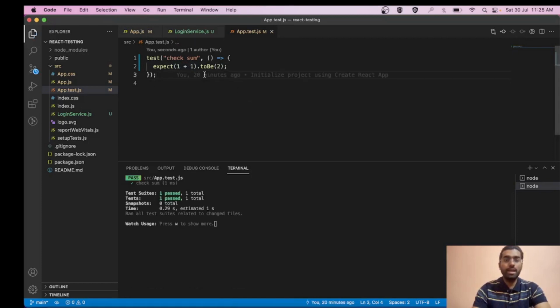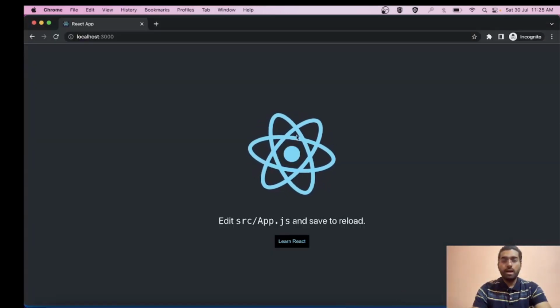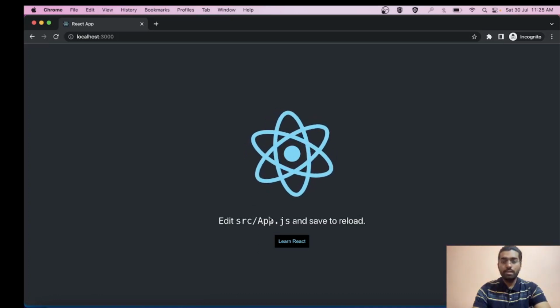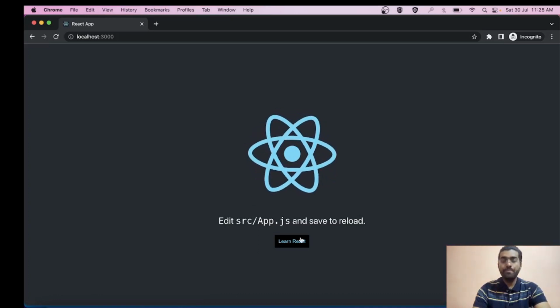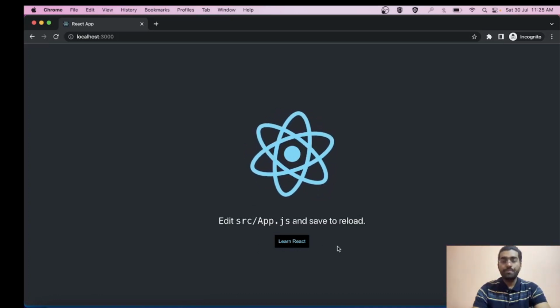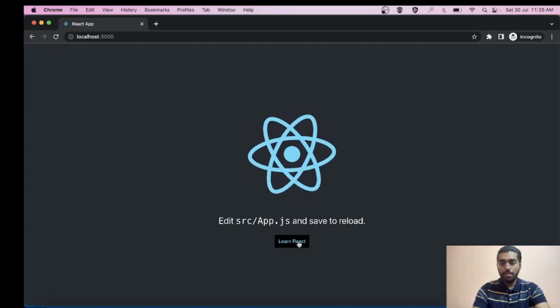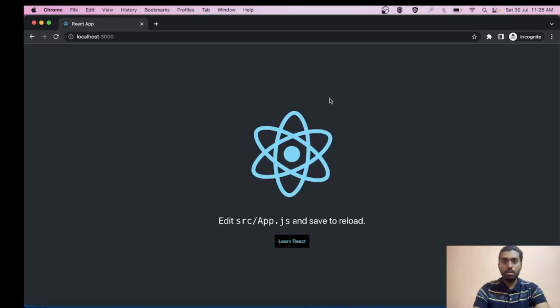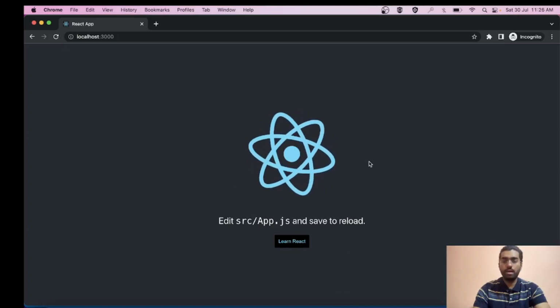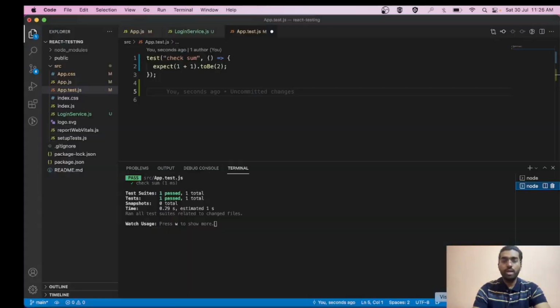Let's try writing another test. I have also run this code. Let's first check this. Okay, so friends, this is a simple boilerplate. I have changed nothing. I have simply changed this particular thing. I have created a button. Now let's see if I want to check if this particular element is present on my screen or not. I am basically doing a UI check. So how can we do that?